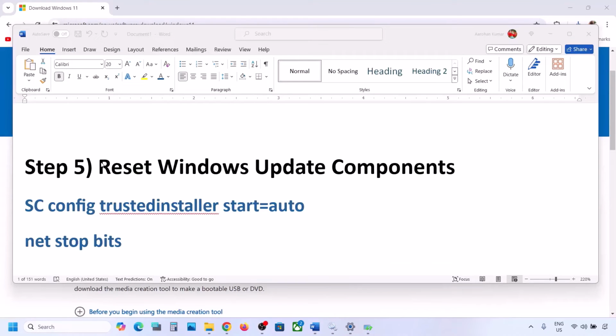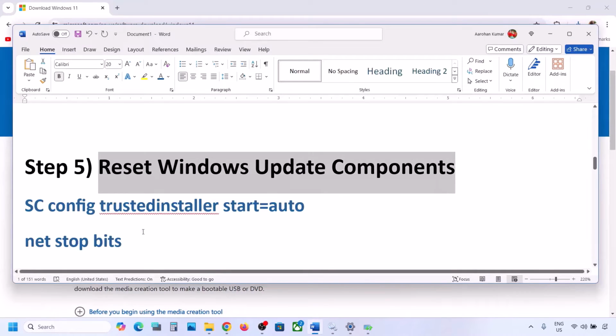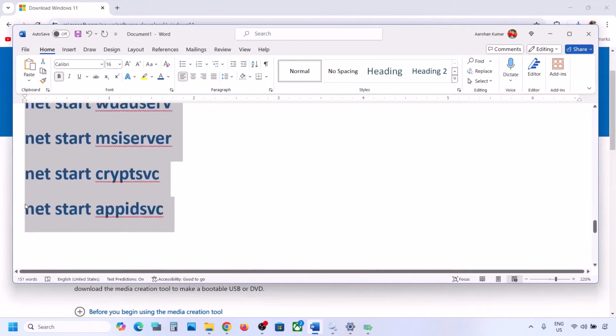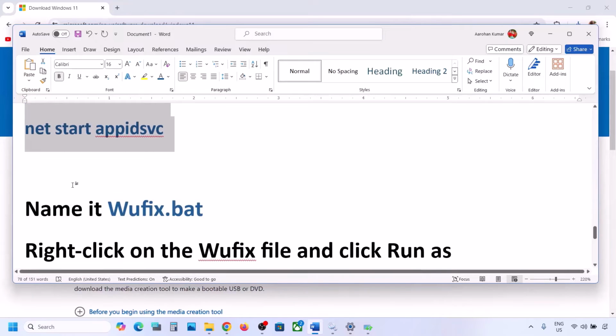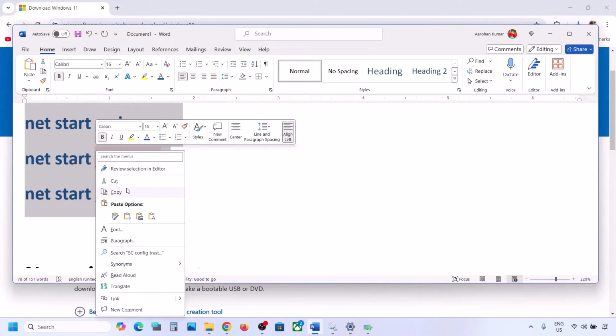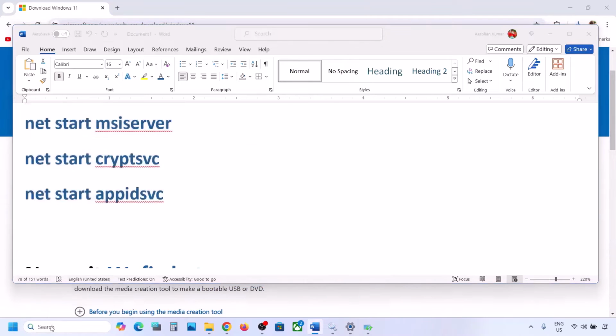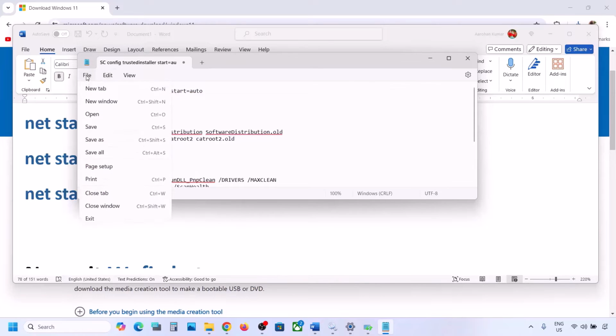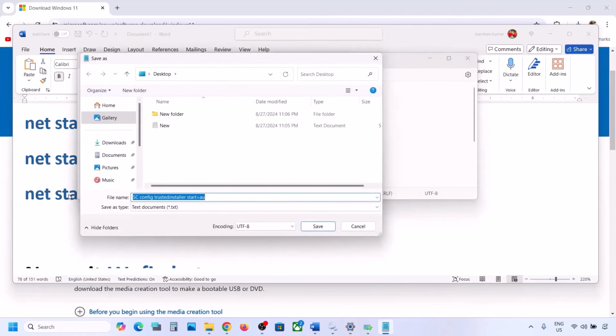Now the next step is to reset Windows update components. Now for this, copy all these commands. These commands are provided in the video description. So copy till here. Now once you copy it, now open Notepad on your computer and then in the Notepad you can paste all the commands and then go to file on the top, click on save as, and then